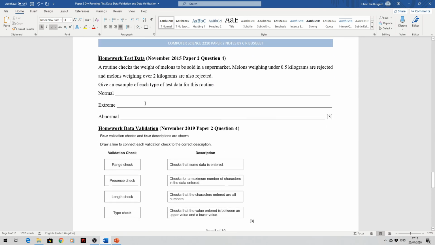So very easy. A routine checks the weight of melons to be sold in a supermarket. Melons weighing under 0.5 kilograms are rejected, and melons weighing over 2 kilograms are also rejected. So we already have the borderline values, which are 0.5 and 2 kilograms. Give an example of each type of test data for this subroutine. So a normal test data, it's very easy. One which is found between 0.5 and 2, let's say 1.0 kilogram